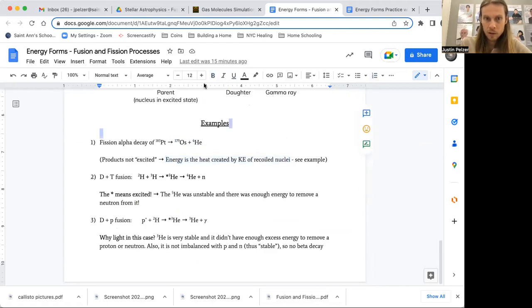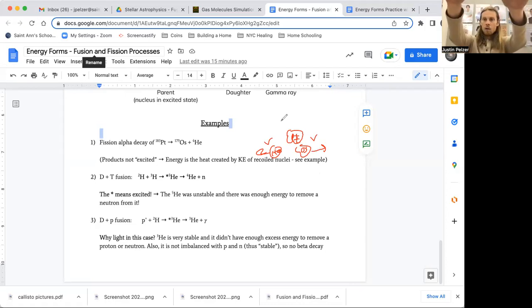Imagine a platinum nucleus here, and then it becomes an osmium nucleus and a helium-4. Well, the helium-4 is going to fly at some velocity. The osmium is going to fly at some velocity, where it's literally like the platinum threw a ball really fast, and therefore it goes back like it shot a cannon. And there's the recoil going the other direction. You have kinetic energy of both of these going off. The recoil nuclei will contain that energy. Great.